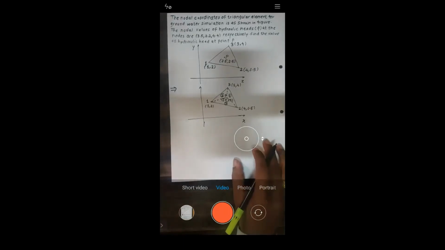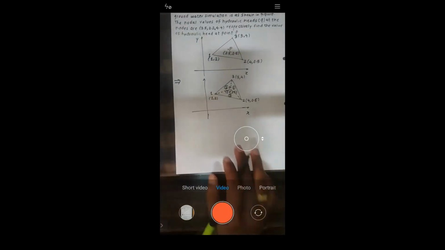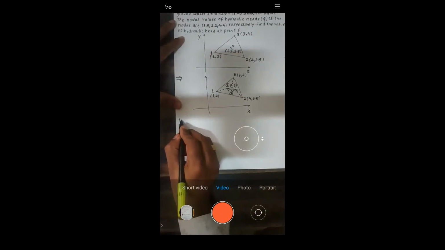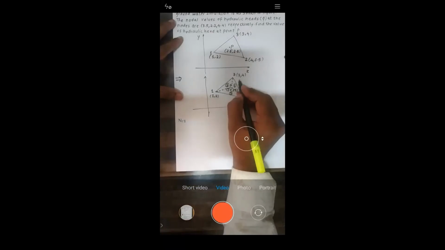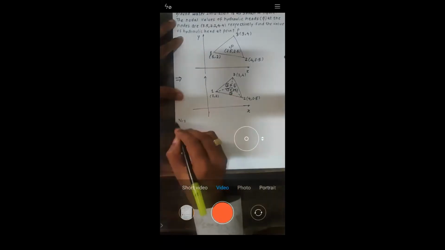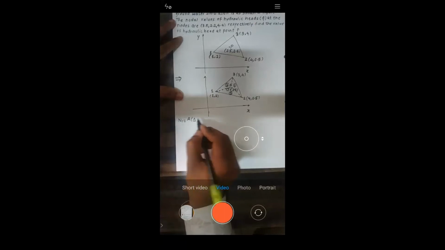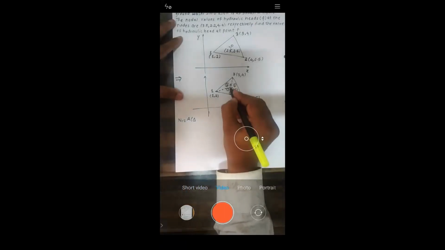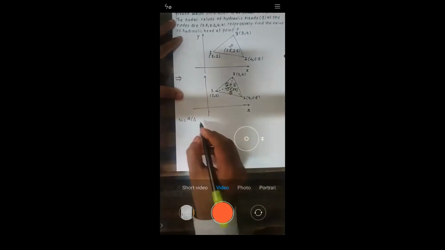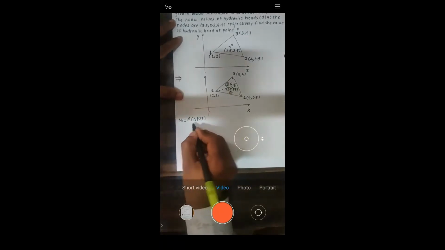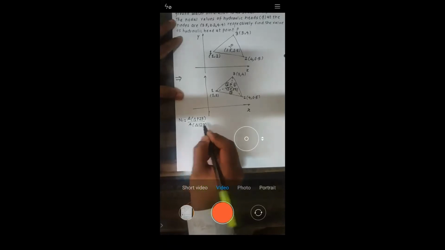Now I'm interested here to calculate the shape functions. Okay, so if we need to calculate shape function n1, how will you calculate? In the last lecture only I told you, you need to take the area of triangle 1. For n1 you need to take area of triangle 1. And what is triangle 1? It is P23. I will write down that P23 upon area of triangle 1, 2, 3.